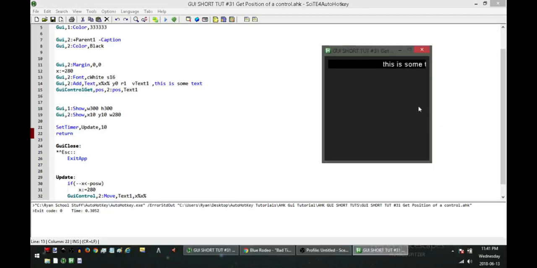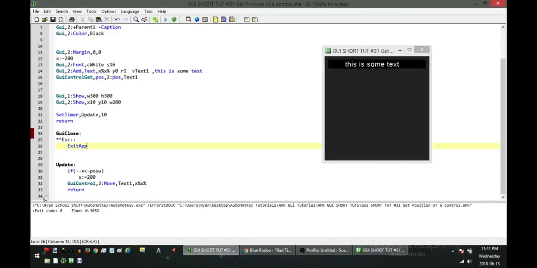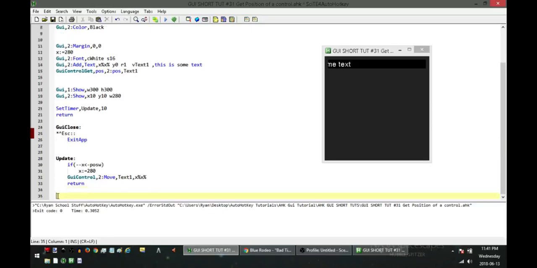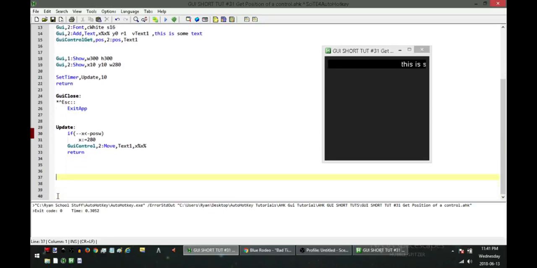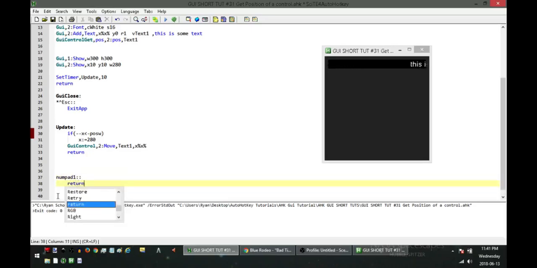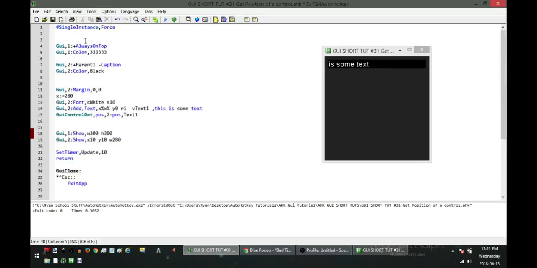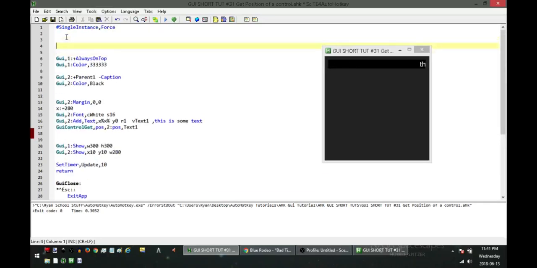And there we go. So what happens if, through the process of updating our program, we want to update the text? What would happen without us being able to resize it? I'll create a hotkey, number pad 1. I'm going to create new text. I'll name it the same as I had it before, var1 equals